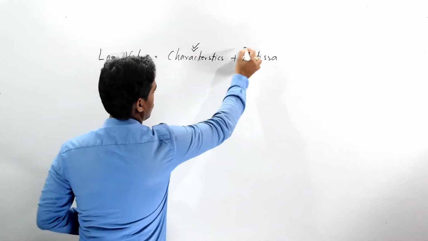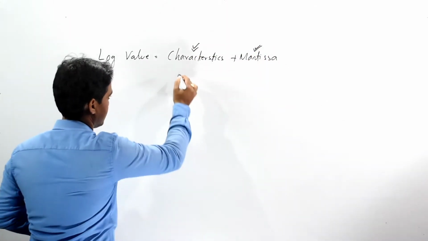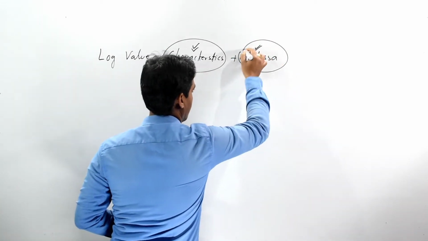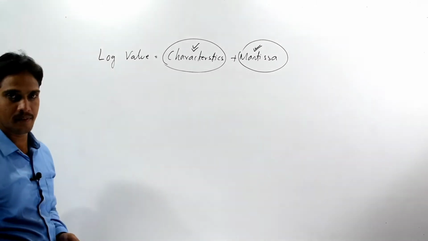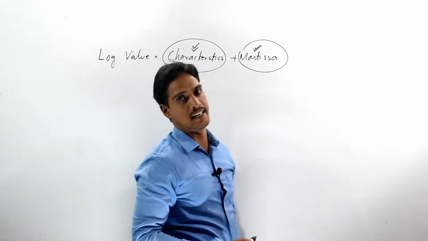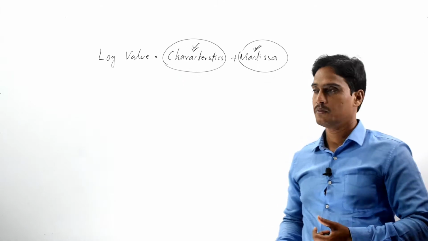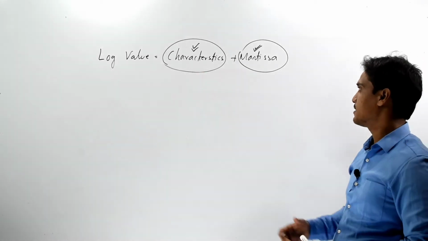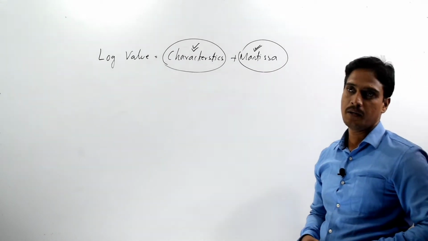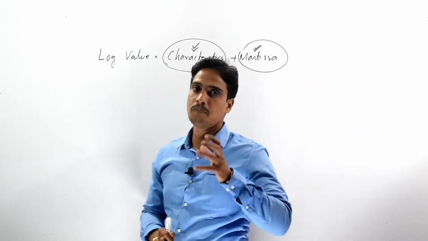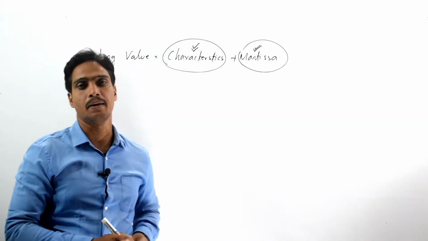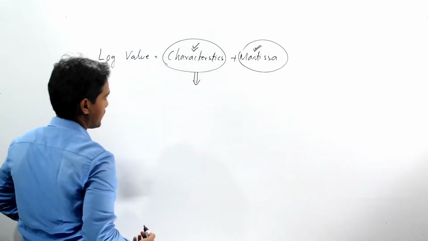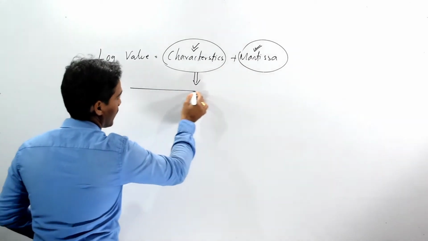Generally, our log value consists of two types of values: the characteristic, and our second one is the Mantissa. In case of the characteristic, we can find it simply by inspection, whereas in order to find the Mantissa value, we must read the log table. So, for the calculation of the characteristic,